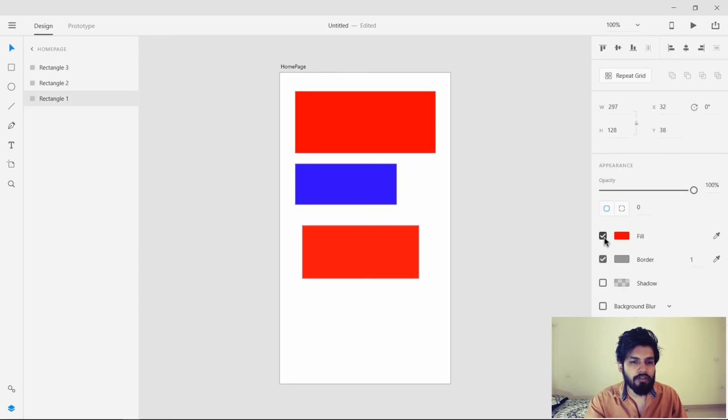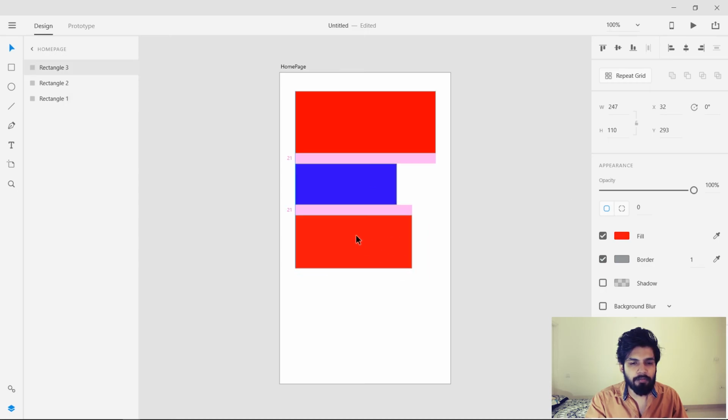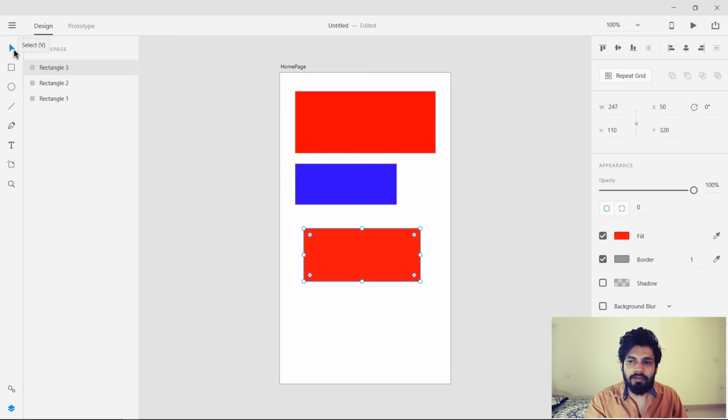Also, you can turn on and off the fill color. Now it is going to make a lot of sense to you how the fill works. Another thing that I want to mention before ending this part is that you can also use the color picker tool to pick color from any object you want. Say for example, if I want to fill the bottom red rectangle with this color that we have for the selected icon, what you need to do is choose this picker tool and move it to our bluish area